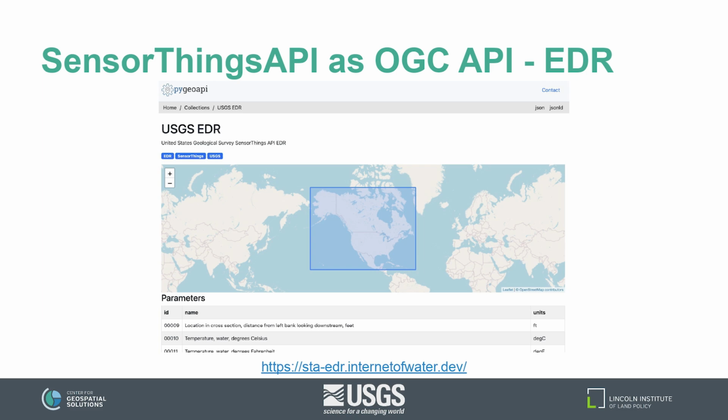And that is why one of the focuses for the development for the proof of concept from this OGC working group has been representing sensor things API as OGC API EDR in pygeoapi. So USGS operates a sensor things network of all of the stream gauges in the US, and we are able to represent that as OGC API EDR, thereby meaning that this endpoint would be compliant with what we're thinking of as observations, measurements, and samples, time series markup language, and WaterML.